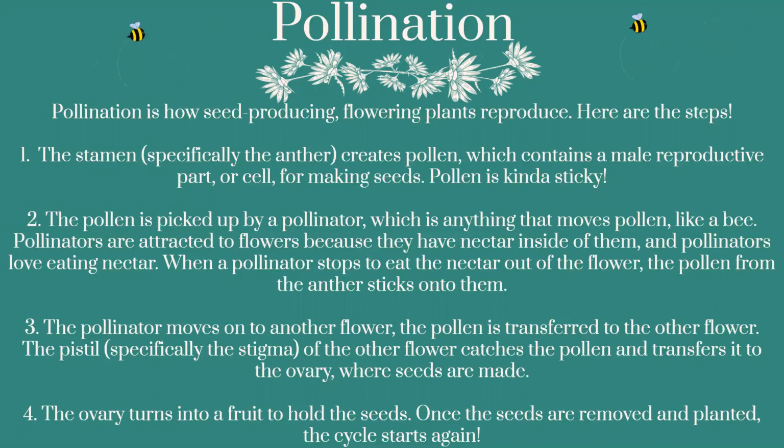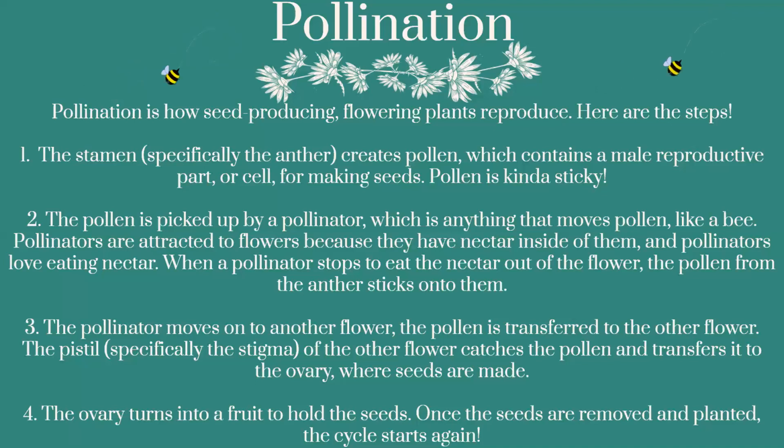So, a pollinator will stop on a flower to drink its nectar. When it does this, the pollen from the anther gets onto them. For example, bees are great pollinators because they're fuzzy, so pollen sticks to their bodies. The next step is for the pollinator to go to another flower. When the pollinator does this, the pollen on its body will go to the stigma, or the female part of